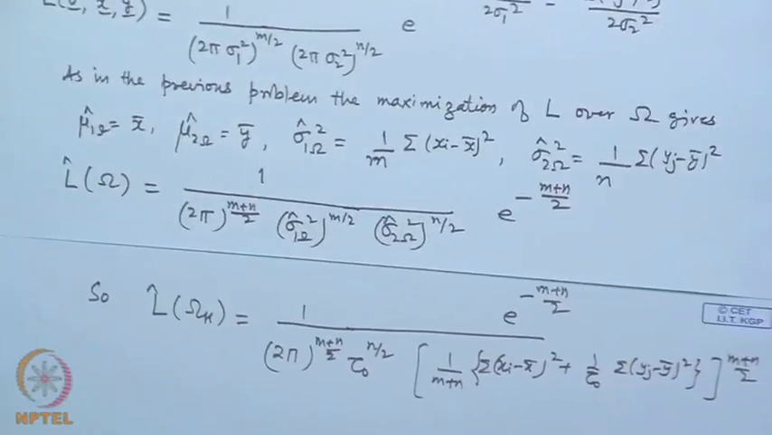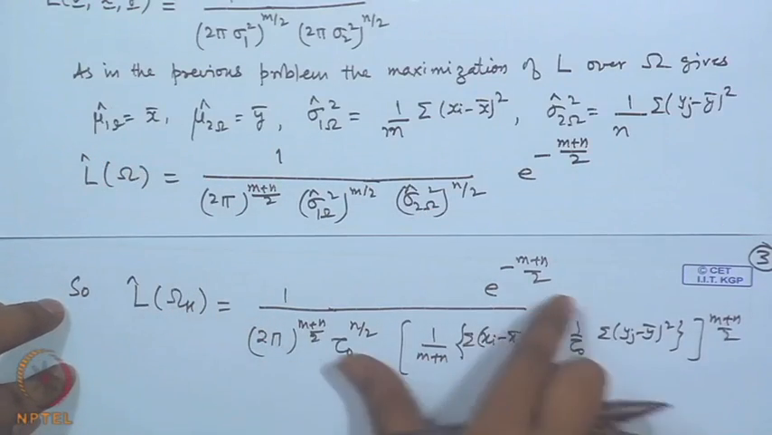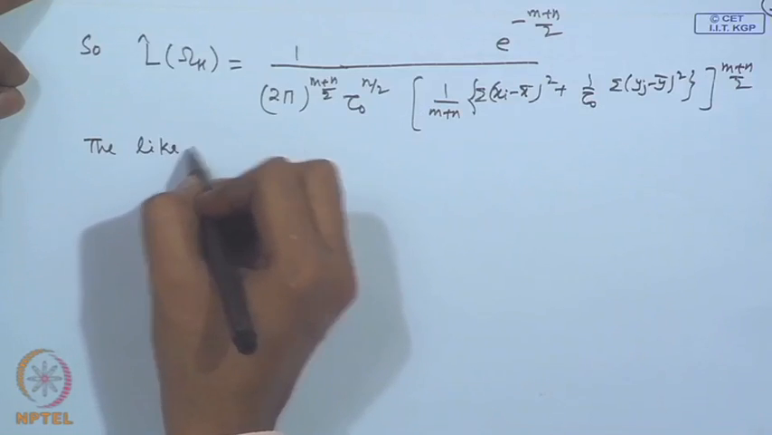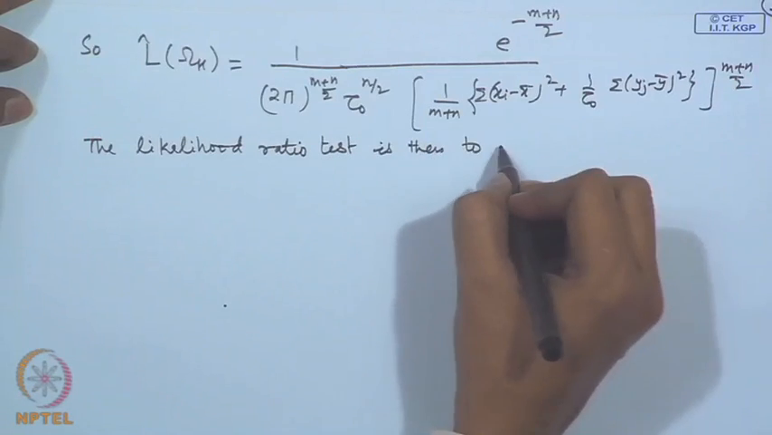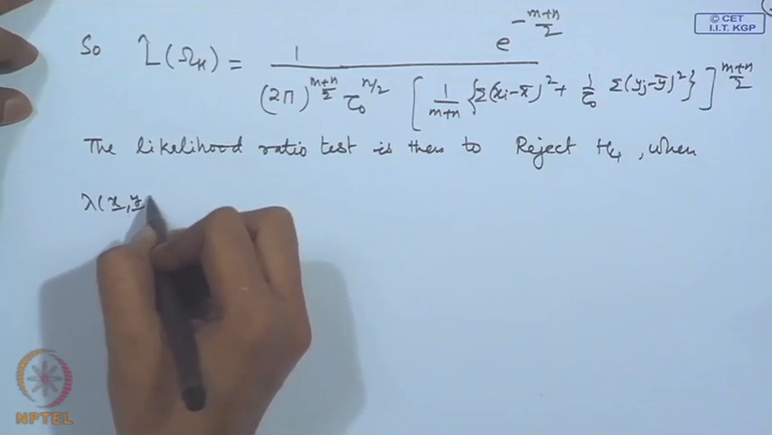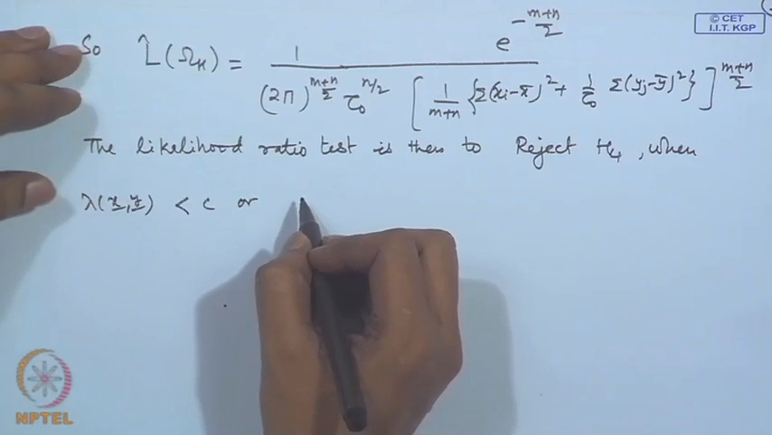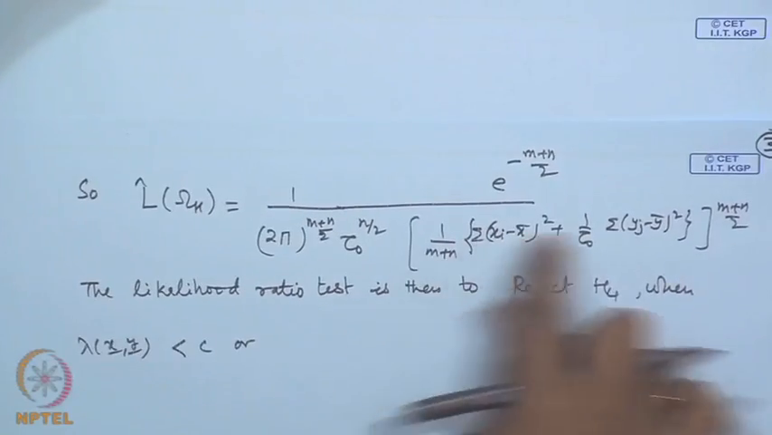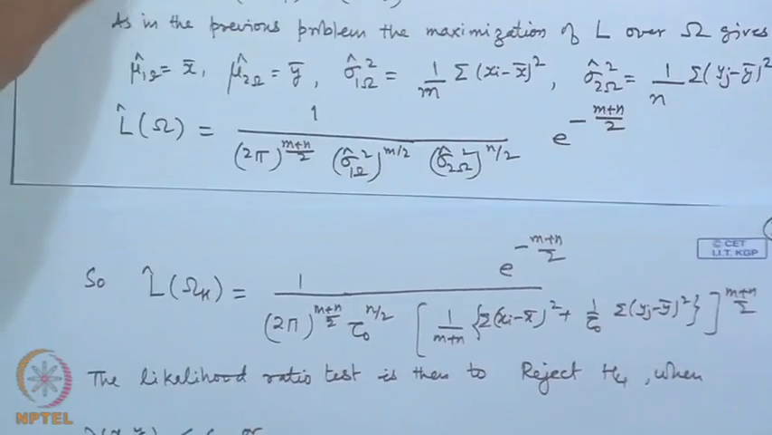Now, let us look at both of these terms here. We have L hat of omega as this term and L hat of omega_H as this term. So, the likelihood ratio test can then be written as: reject H naught when lambda(x) is less than c, which is equivalent to, now we have already derived the expressions, so I will just substitute here L hat of omega_H in the denominator, divided by L hat of omega, which will go in the numerator. So, that gives me